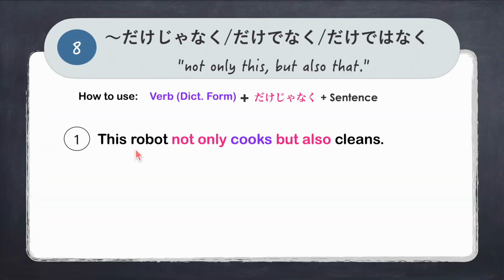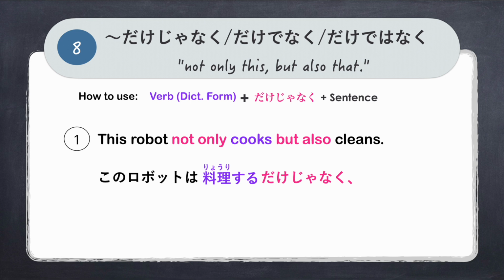For example, this robot not only cooks but also cleans. We say, このロボットは. Our verb is to cook, 料理する. So the dictionary form of to cook or 料理をします is 料理をする or 料理する followed by だけじゃなく. So this robot not only cooks, 掃除もする also cleans. このロボットは料理するだけじゃなく掃除もする。